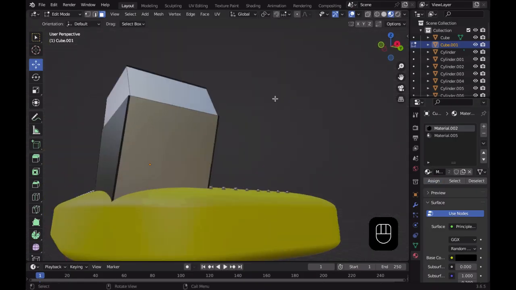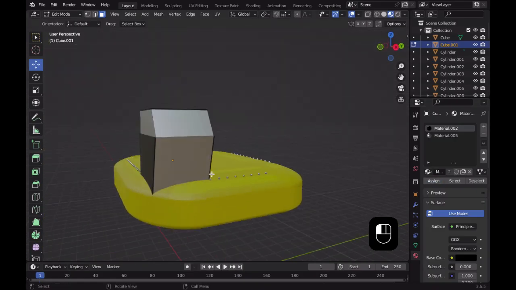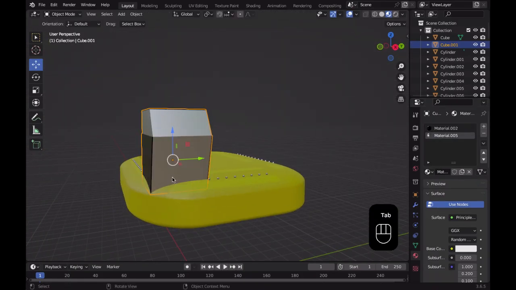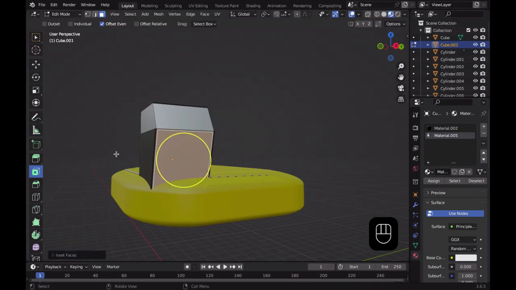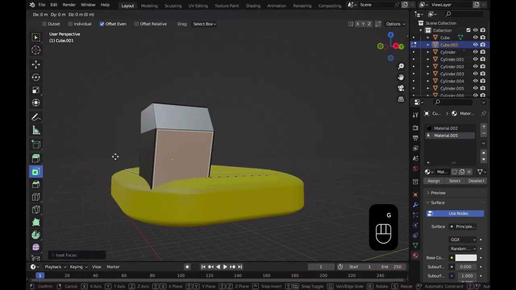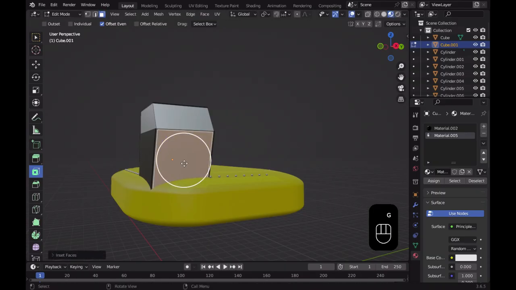Assign all that, and done. And yeah, what we're going to do as well is we are going to click tab on this. We're going to press this guy here. We're going to extrude this face a little bit inwards, and we are going to actually move it, not like that, but